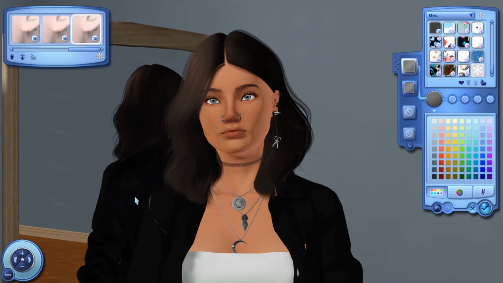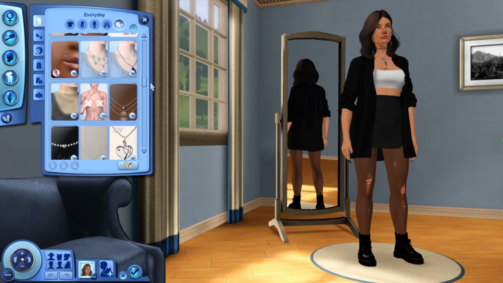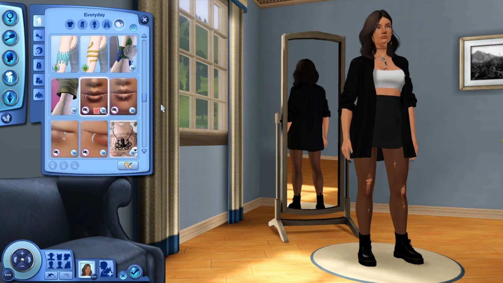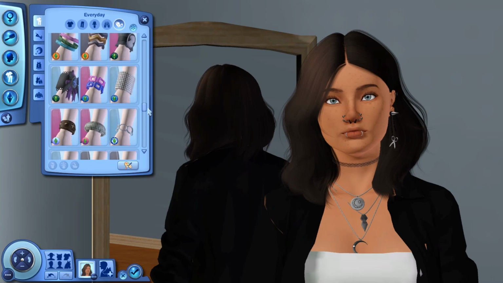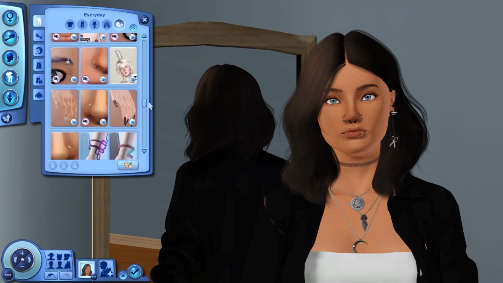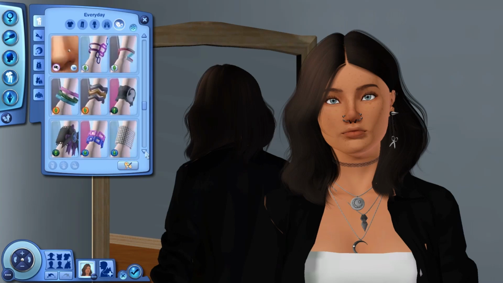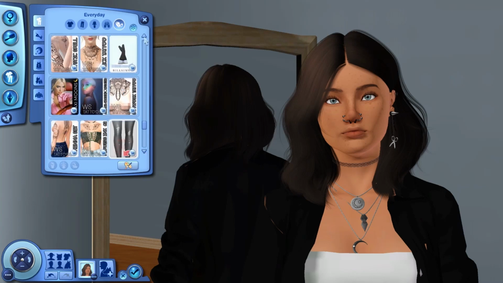But I went with the two hoops like this. I changed the color and then I added a septum. And the septum ring ended up being black because I didn't want them all to be the same color. I tested out some lip piercings. I didn't like the way they looked, so I do go in and end up removing them. So I think I just kept it with the nose piercings and the earrings, I want to say, because I felt like I liked that.